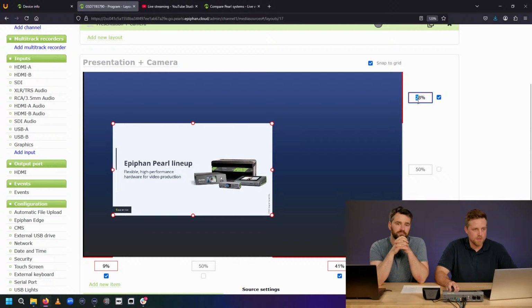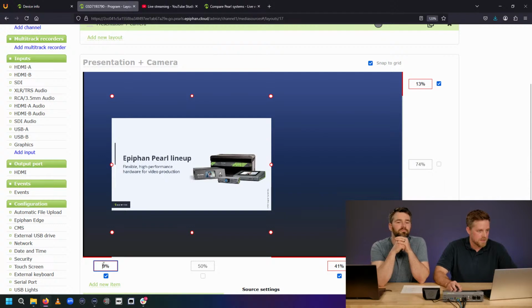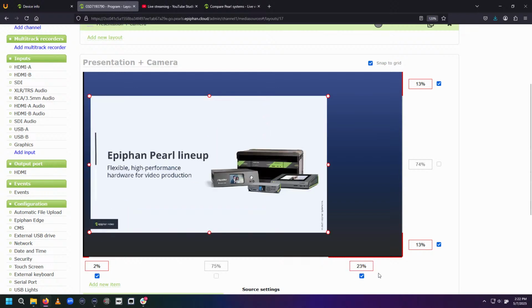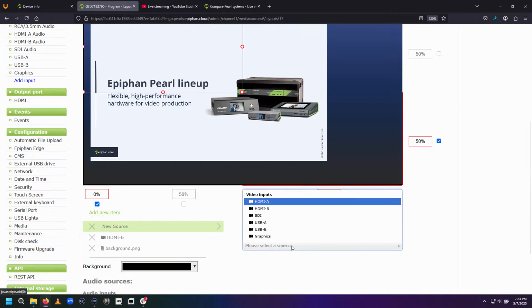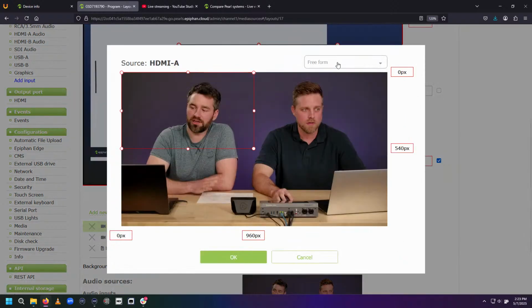For sure. I'm going to use those same percentage values that I had with my margins. We'll get this nice and tight over here. So there we've got our PowerPoint deck. And let's add the camera as well because I want to do a little bit of a picture-in-picture. Maybe Ryan's presenting this.